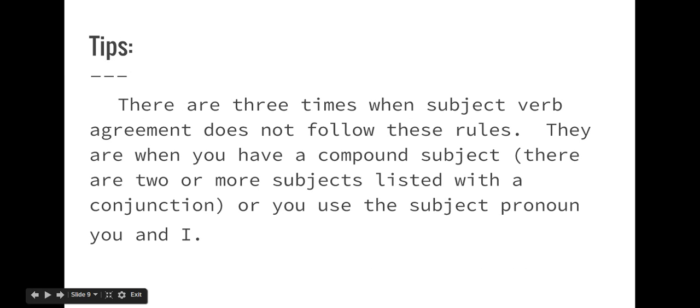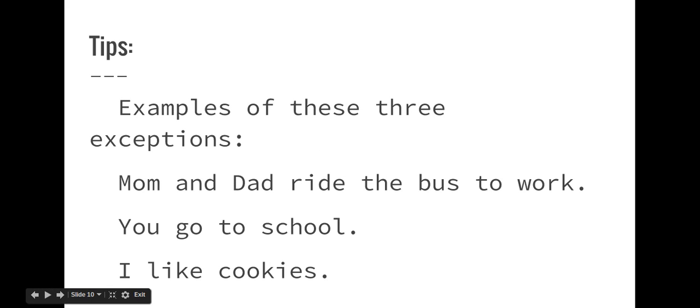There are 3 times when subject-verb agreement does not follow these rules. They are when you have a compound subject, where there are 2 or more subjects listed with a conjunction, which we'll talk about soon, or you use the subject pronoun you or I. So examples of these